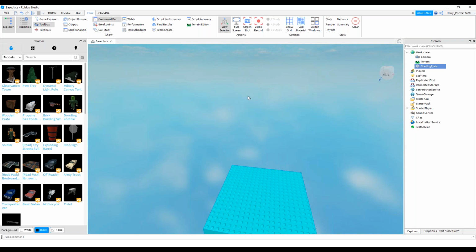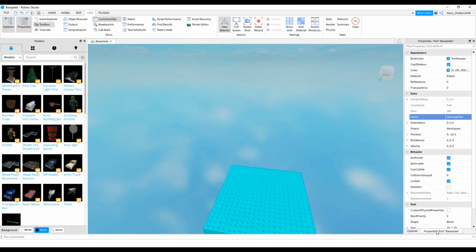Now I see a lot of people have found their properties page. So I'm starting this again because maybe people who didn't see the properties were not able to follow it. We went to workspace. We clicked on the base plate. I have changed it to starting plate now, but you might see it as a base plate. We clicked on the base plate, moved to properties,